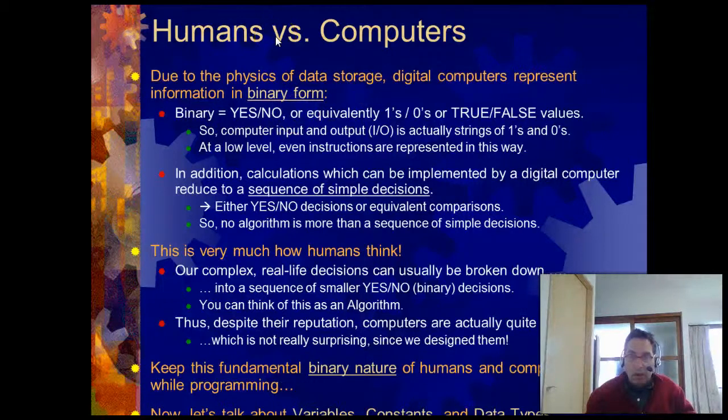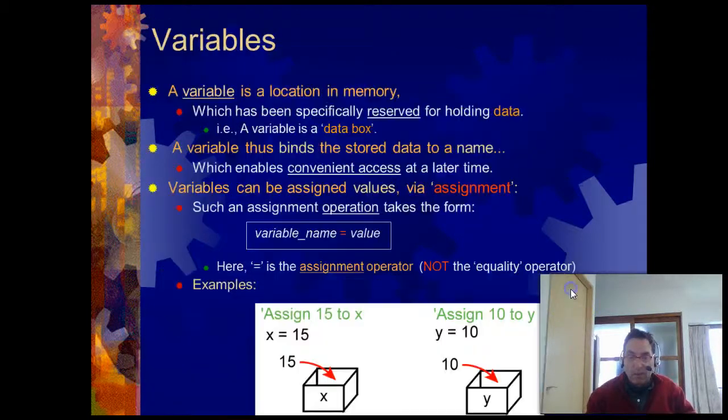Okay, so we just went through humans versus computers. Now you can't really read this, but it says, now let's talk about variables, constants, and data types. Okay, so variable. So we used a variable, I think, in the last